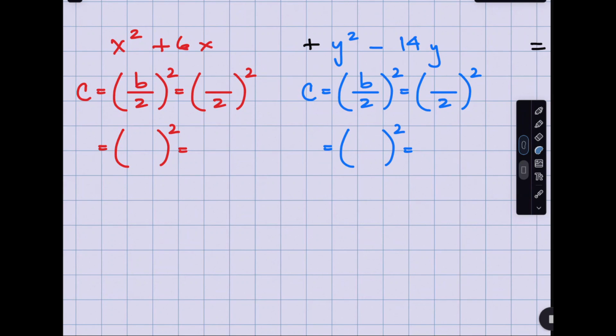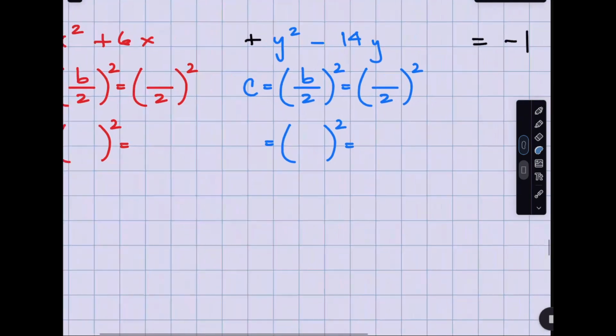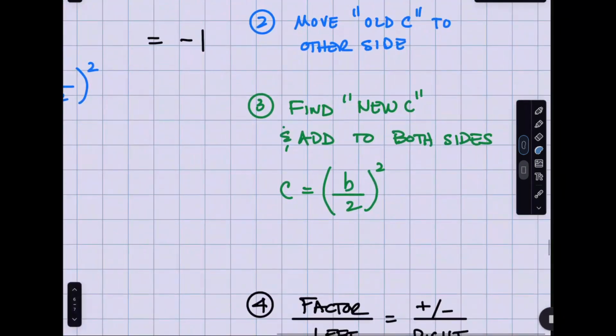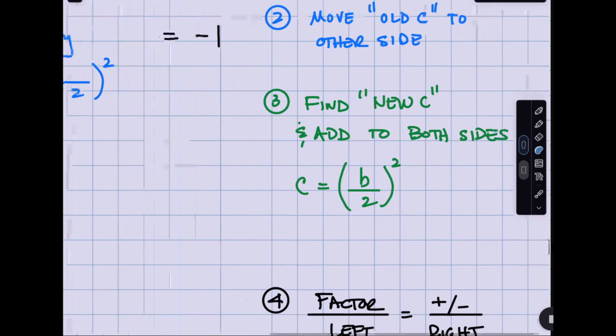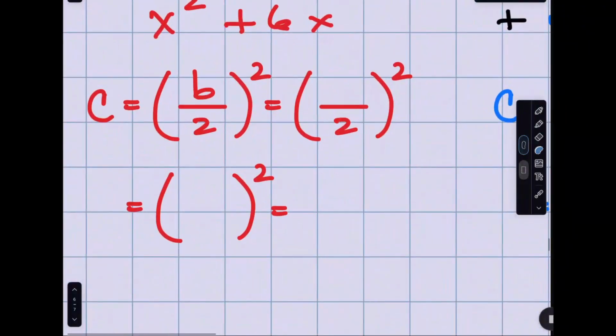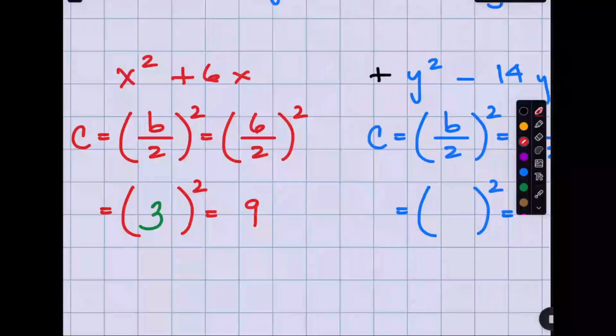And do you remember what the step said? It's to find a new C and add it to both sides. Okay? So I got to find a new C and add it to both sides. So if I look at the red, what's my B? 6. What is 6 divided by 2? Make sure you do this work. And what's 3 squared? So I have to add it to both